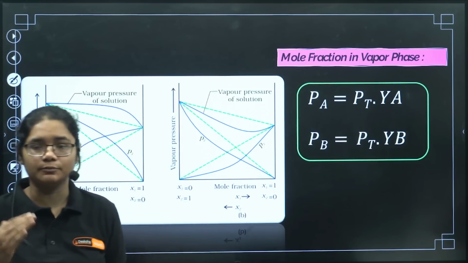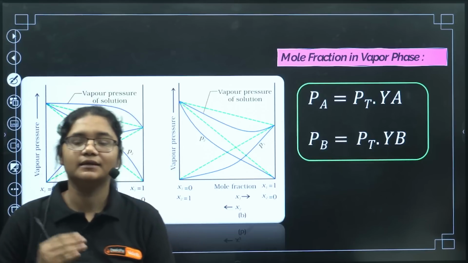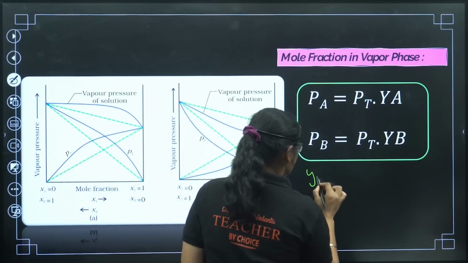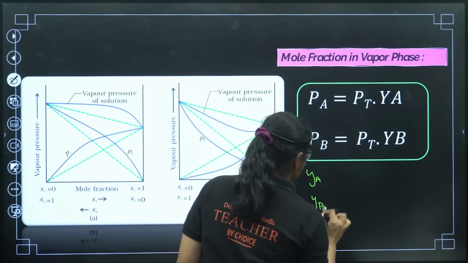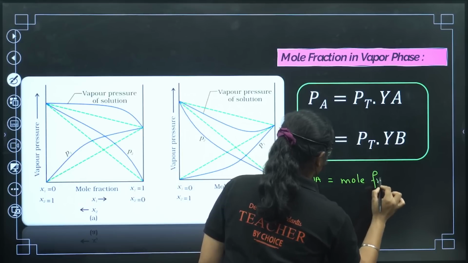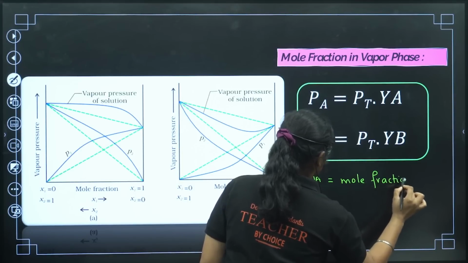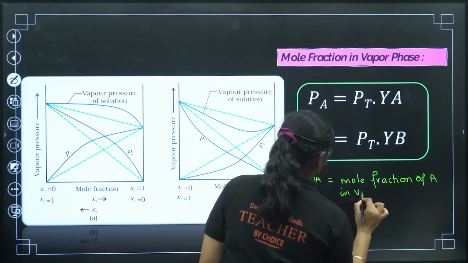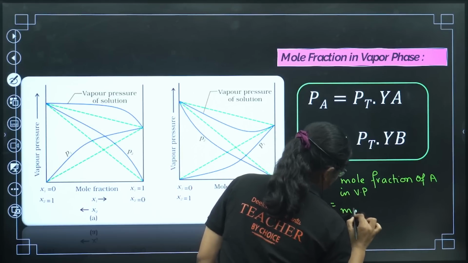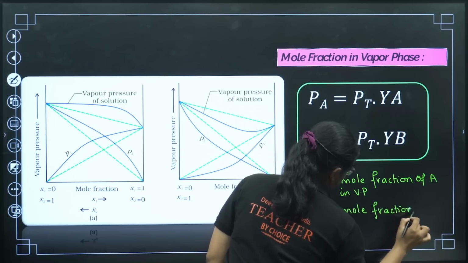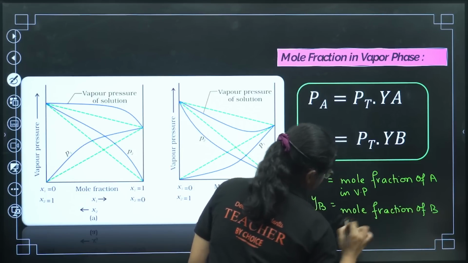Pa is equal to P total into Ya, Pb is equal to P total into Yb, where Ya and Yb are the mole fractions of A and B in the vapor phase. Okay,